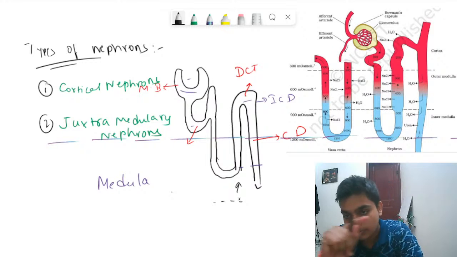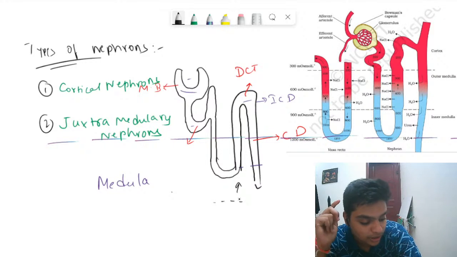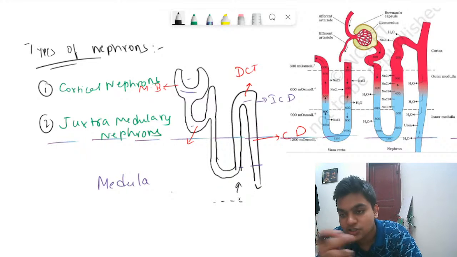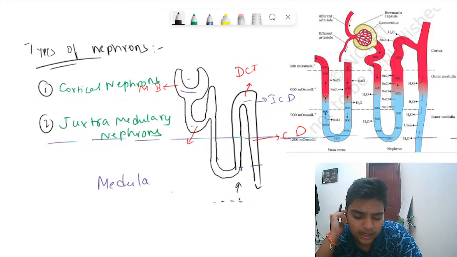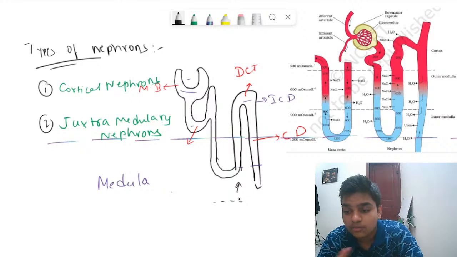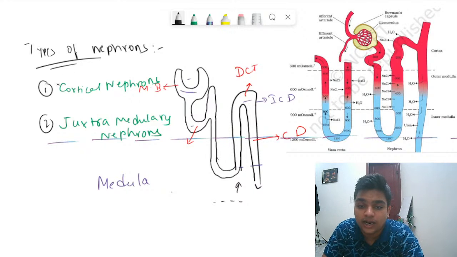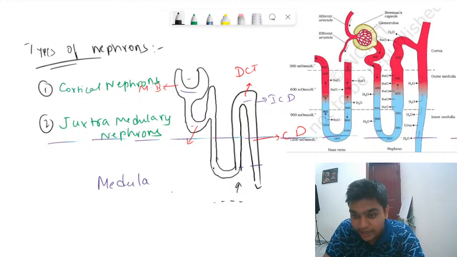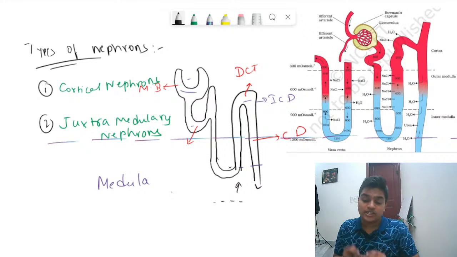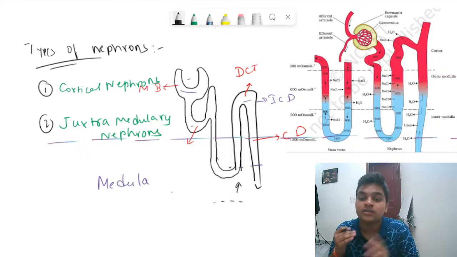These points I am not mentioning on the board. Please write them down in your notes. I have already mentioned in the Instagram story that please get your notes as well as your NCERT textbooks. So write that in cortical nephrons, the hairpin bend or loop of Henle is reduced in size. You can simply write it is smaller than the